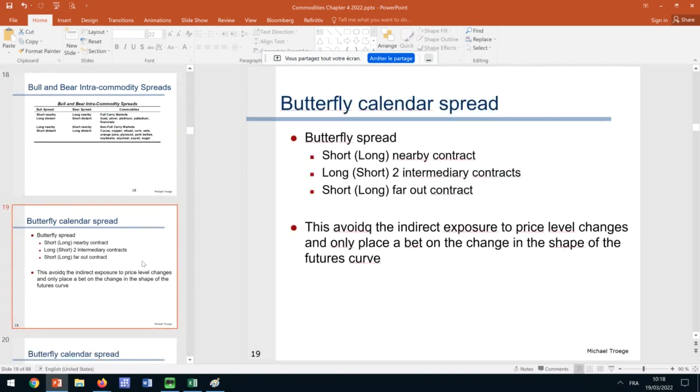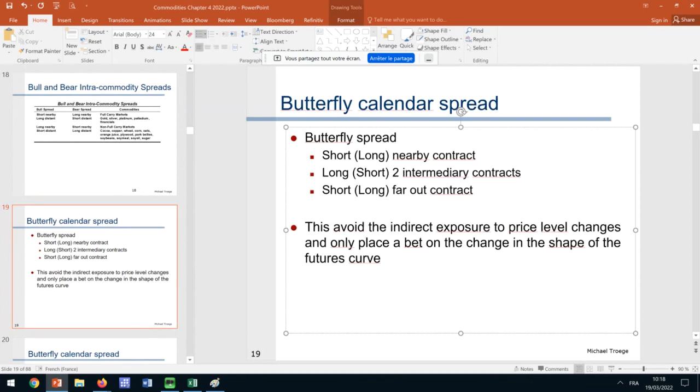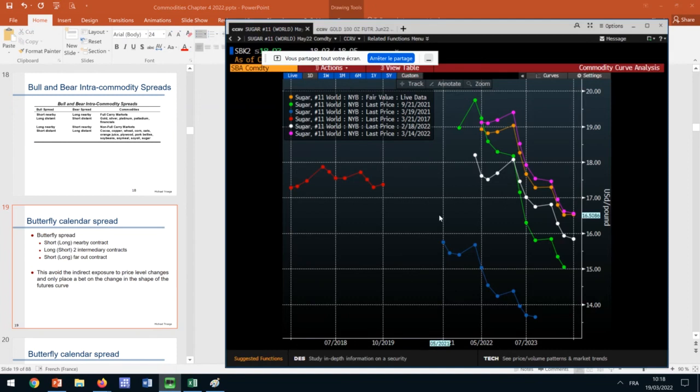Now you can also have a so-called butterfly calendar spread. A butterfly avoids the indirect exposure. A butterfly calendar spread is neutral to this bull and bear spread effect. It is actually a way to place a bet on the curvature of the curve. So let me try to get some examples. So if I look at this thing here,